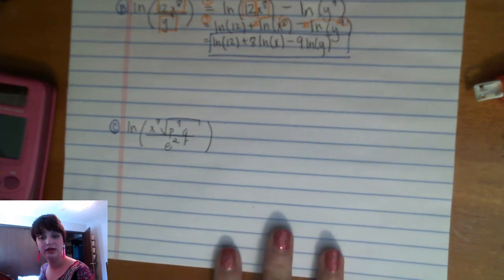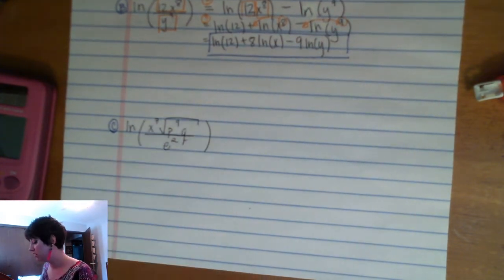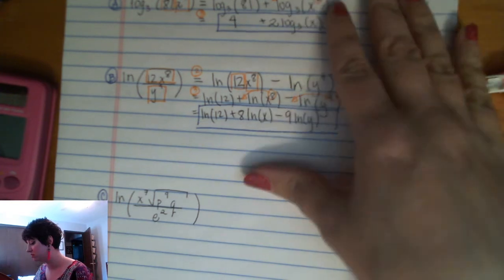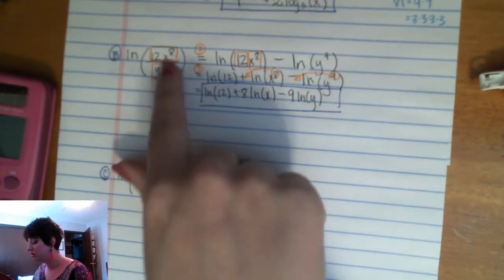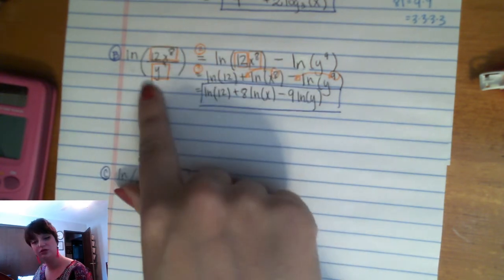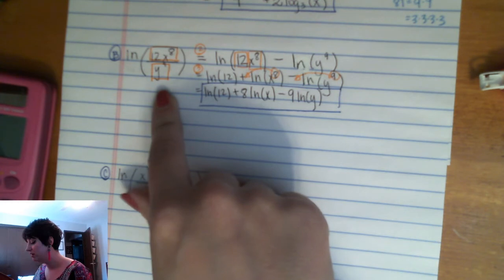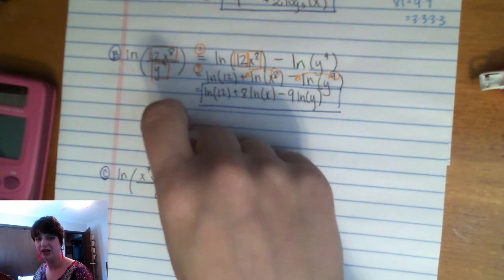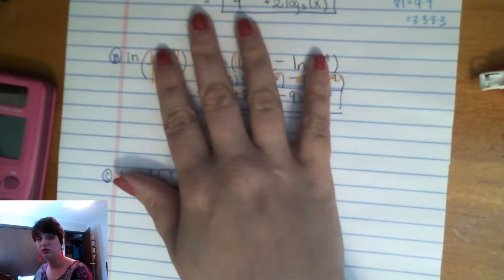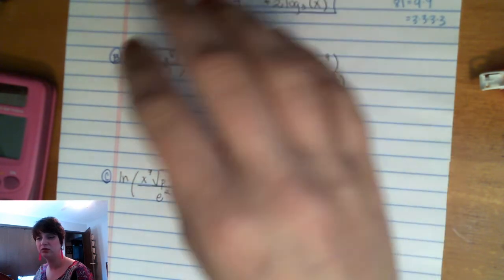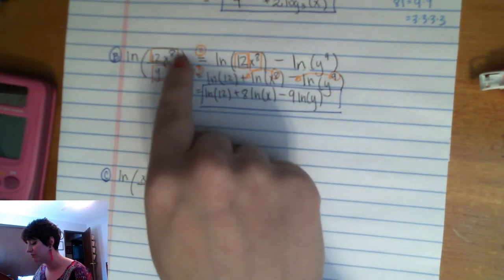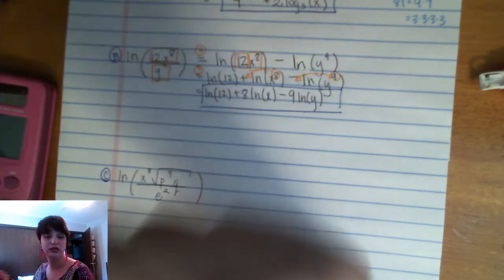Great. So very last one. This is probably the hardest one. These first two, not really on the first one. Just this one. You could have split up the numerator and then done the division, like done subtraction, and that would have been fine. The biggest thing is that the power needs to go at the very end, because the third rule says something to a power equals, right? So if I pull this 8 out now to the front, that means I'm multiplying log 12 and log x, but that's not what's written inside of my